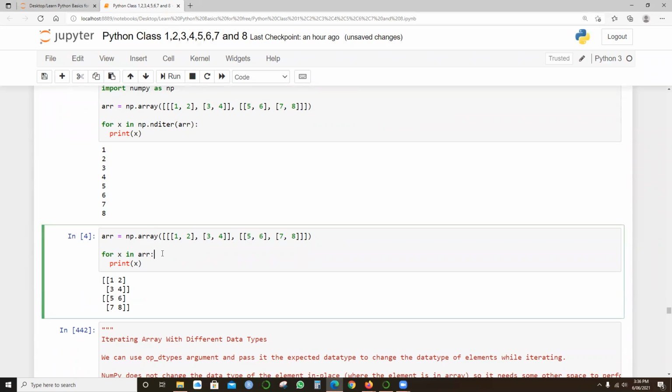So you can see the difference. When I said x in np.nditer(array), it's printing just the elements of the array. In this case, it is picking up the dimensions, 1D or 2D, and separating them instead of showing them in a single line.